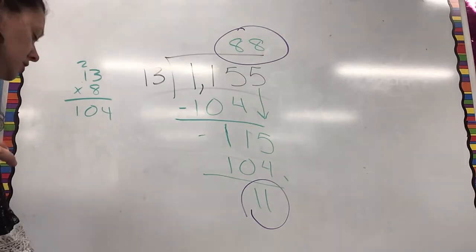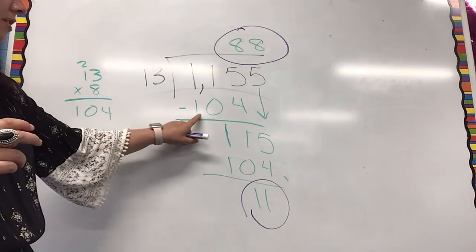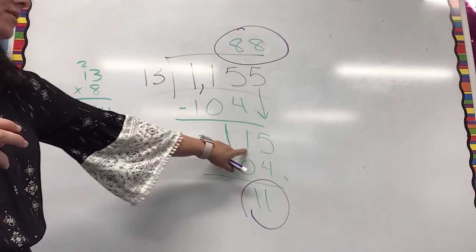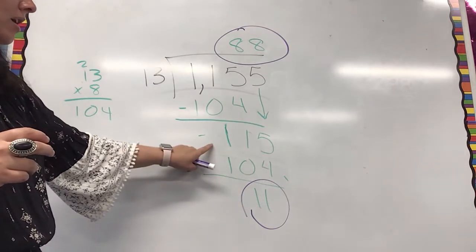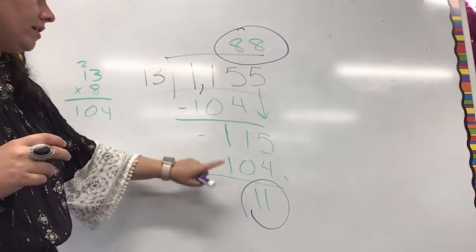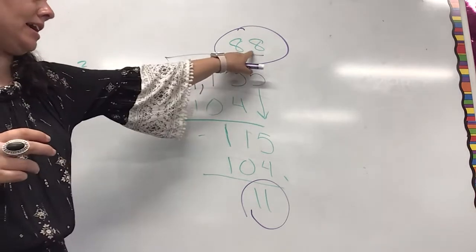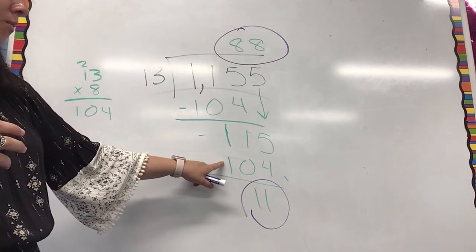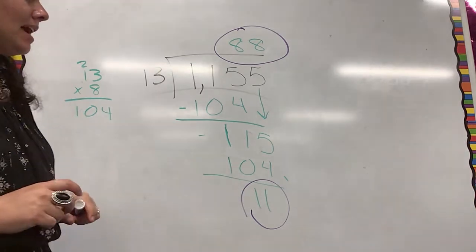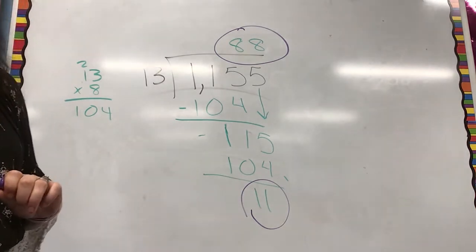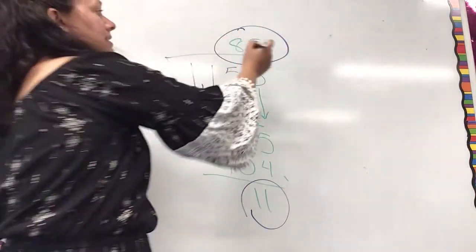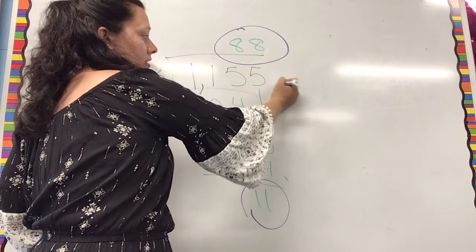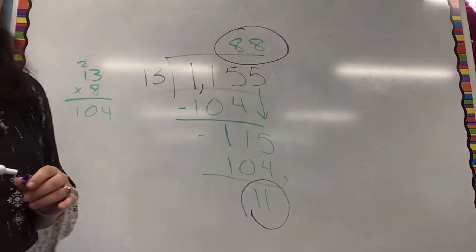So when you finish dividing, we had 104, we subtracted, and we have 11 left. We brought down our 5, and 115 divided by 13 was 8 again. Subtracted our 104, and we had 11 left over. We are not going to write remainder 11. We are also not going to make this a decimal and add our 0 and make this an exact answer,